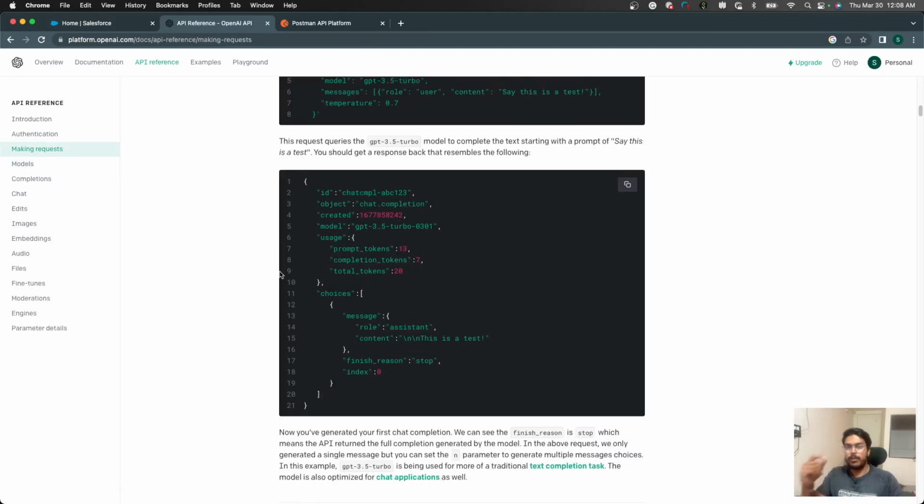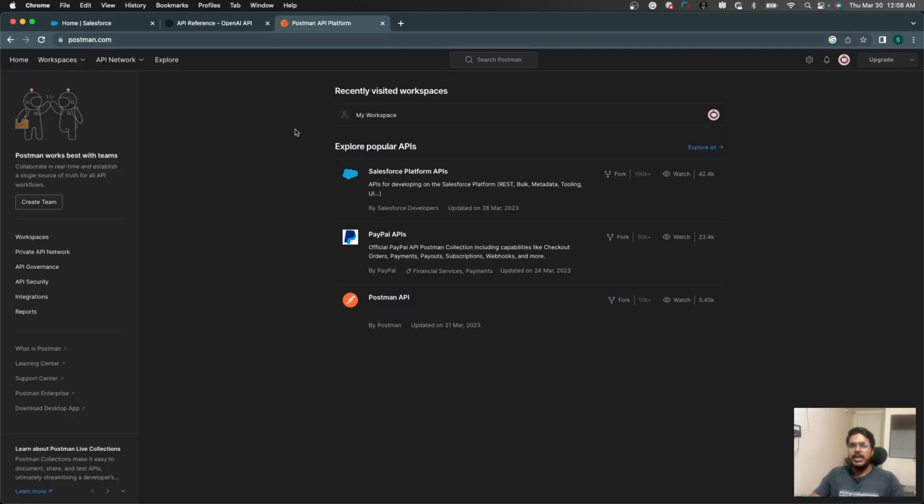The next thing we have to do is test whether this API is working fine or not. For that we are using the Postman tool. Postman is used to test APIs online. It is a very good tool. You simply have to go to postman.com and log in. If you have an account, good. If you don't, don't worry, you can simply create it. It is free of cost. Just click on this workspace part. I have created my own workspace here. Inside this workspace,